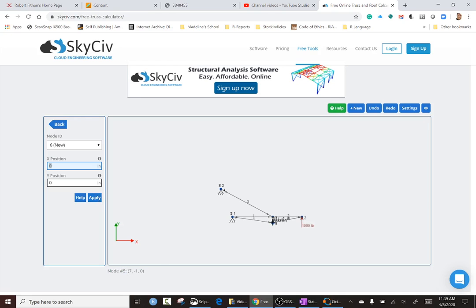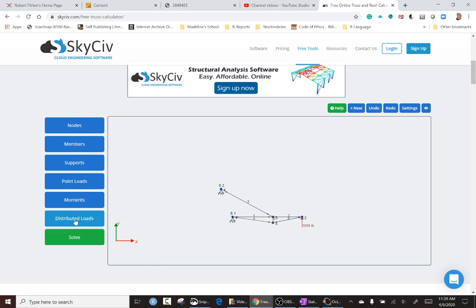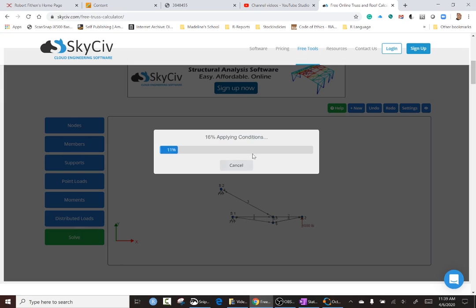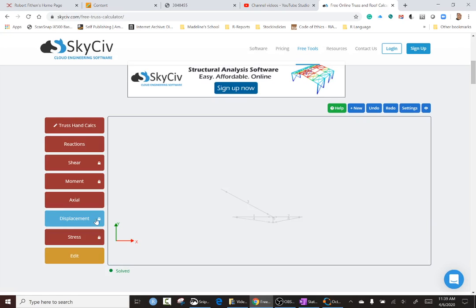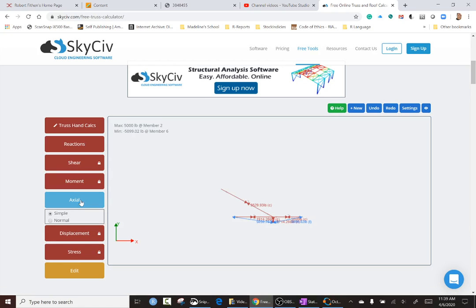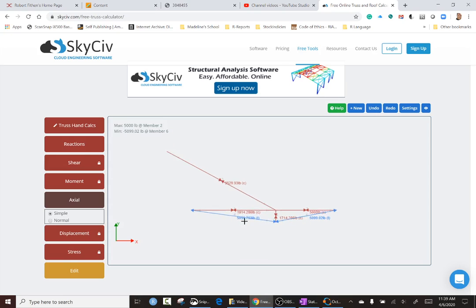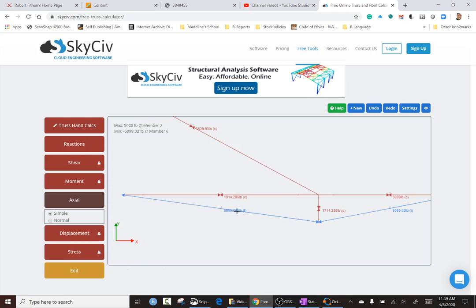So let me move it up. Let's go back and let's solve this thing. And what you see with these locks is it won't let you access any of those unless you've paid money to them. So here what you see is 5,000 in tension here,